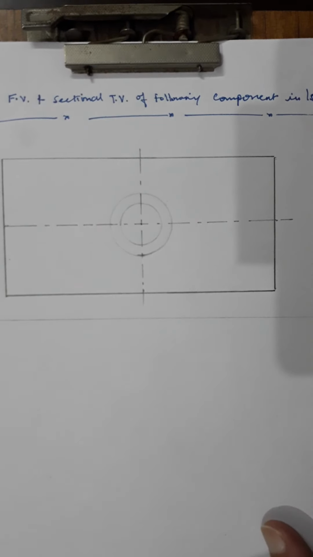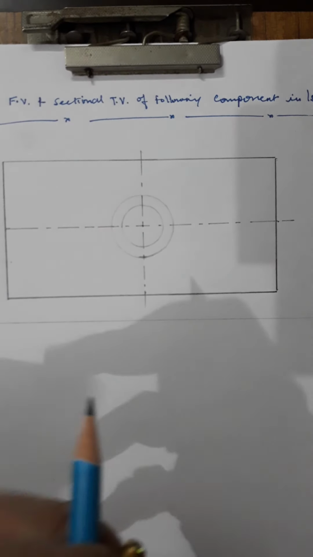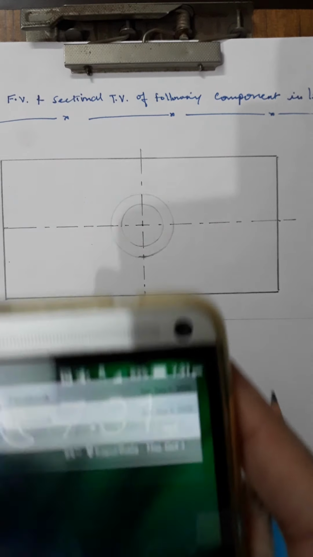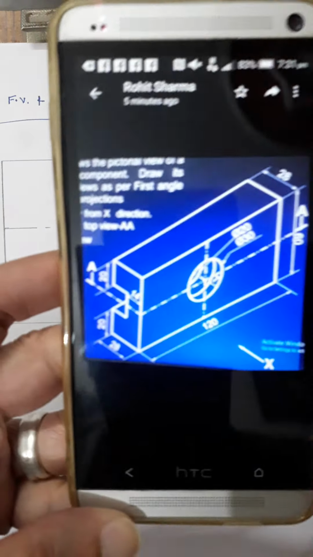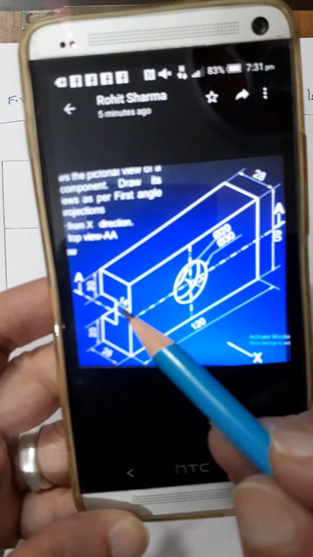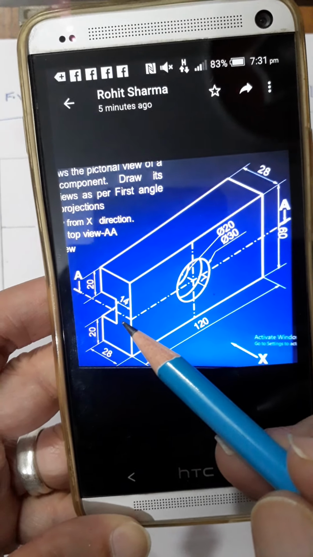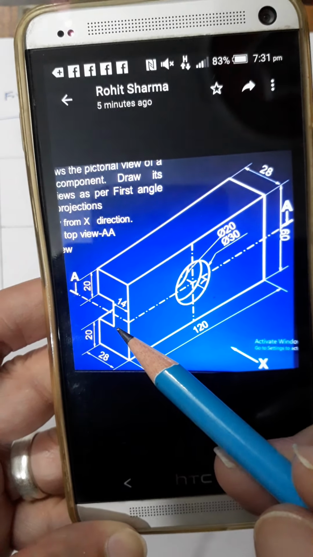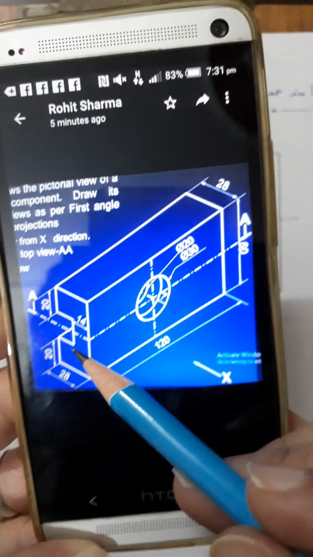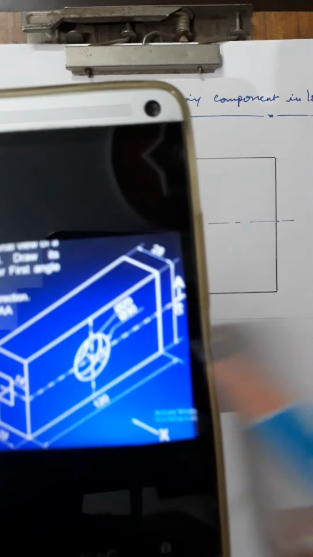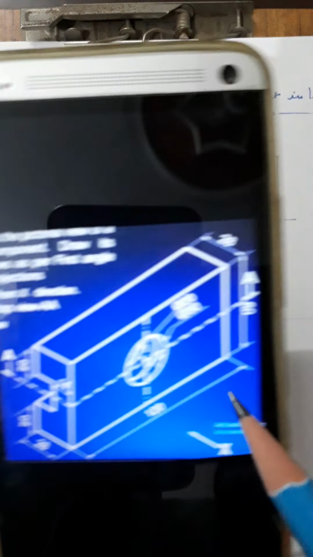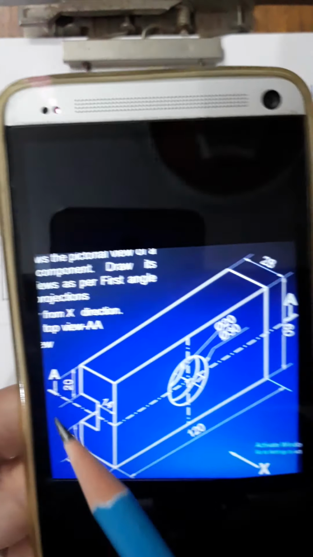Now what is left? There are two slots at the back end, and they will be shown as hidden. You can check the gap here. It is given total is 60, and it is 20 mm on both sides.